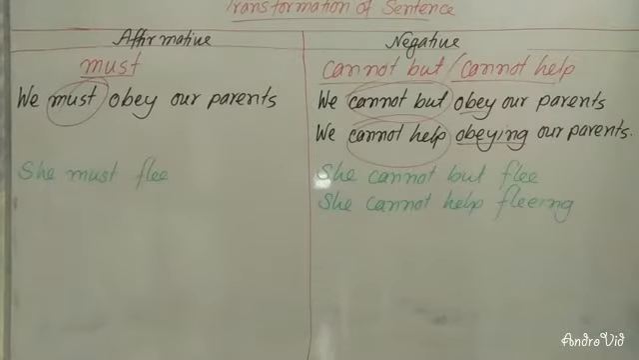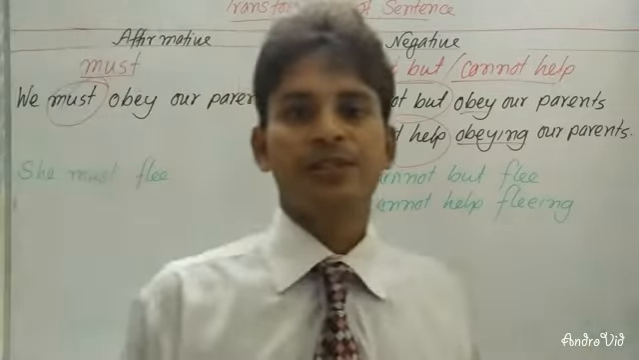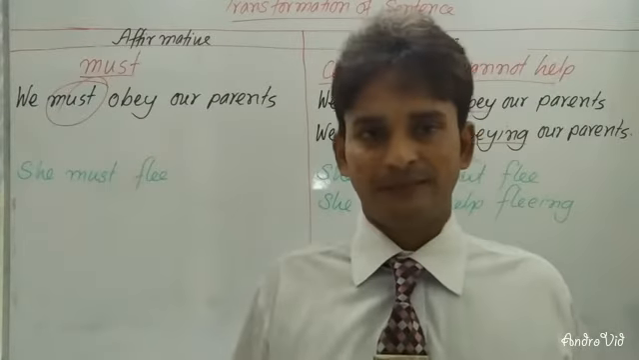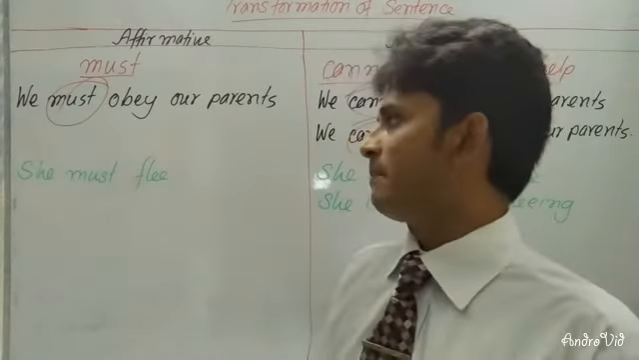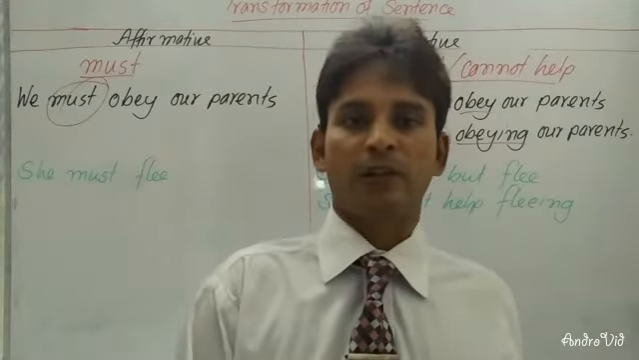Dear learners, you can see another example of this rule. In this sentence, you can see that she must flee. She must flee, there is a must. So at the time of changing into negatives, you will have to use cannot but, then the present form of